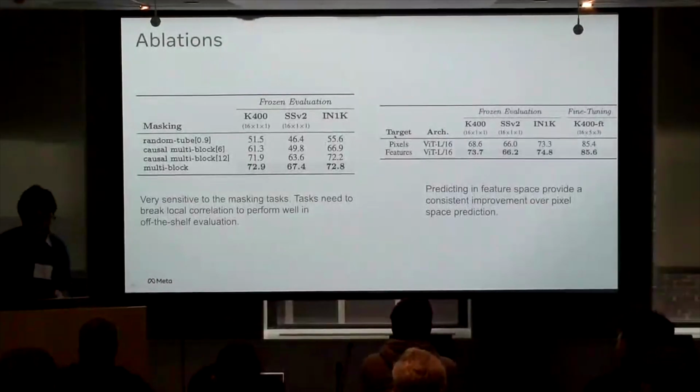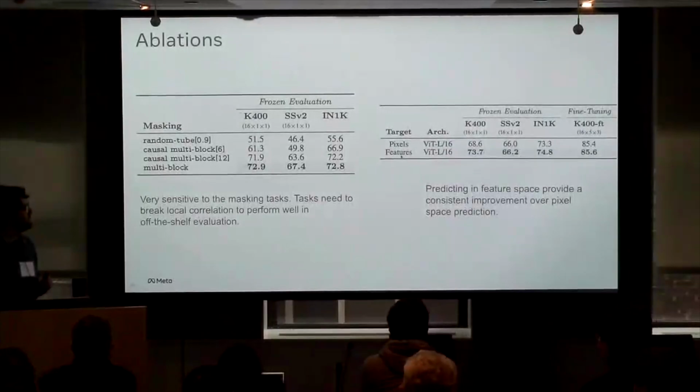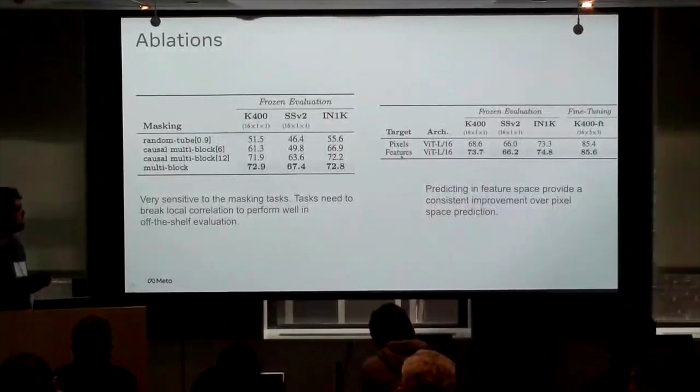The other table just compares pixel-level prediction versus feature-level prediction. So either you have a V-JEPA, I mean, it's not a V-JEPA, but the same type of architecture, but now the loss is in pixel space, or you use a target encoder to compute the target. And so this is just to validate the point that indeed you learn a better representation when you predict